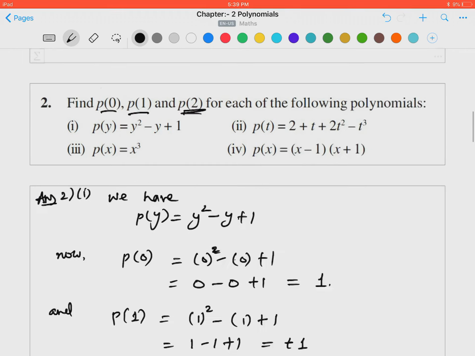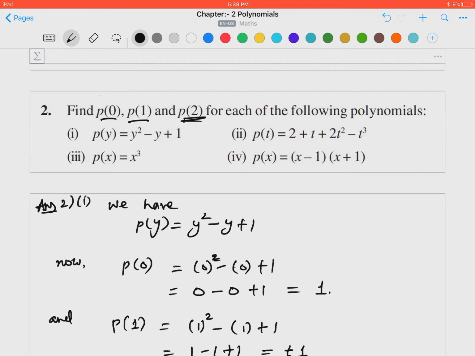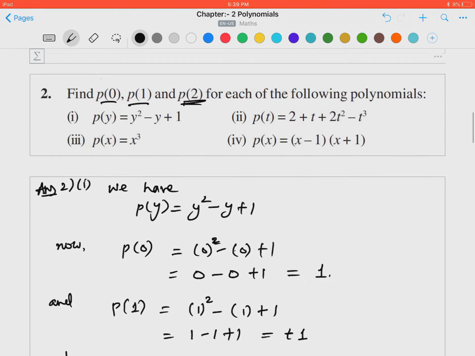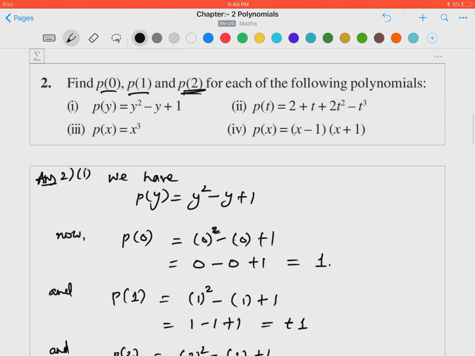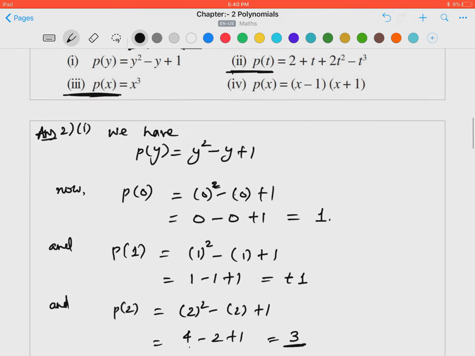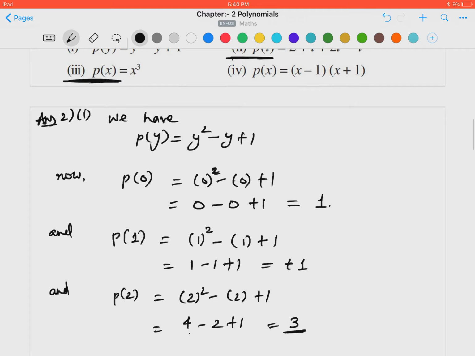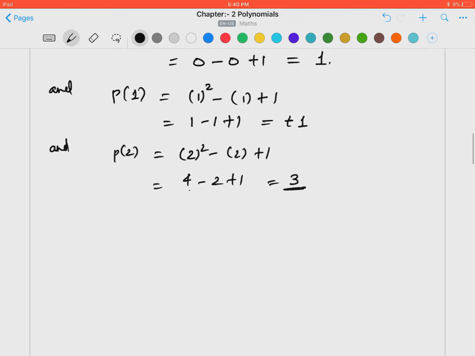Okay, similarly you can solve the other remaining three parts. I'm solving the part 4 also. Part 2, this one, and part 3 will be your homework, or you will try them by yourself. Okay, I'm doing now the part number 4,